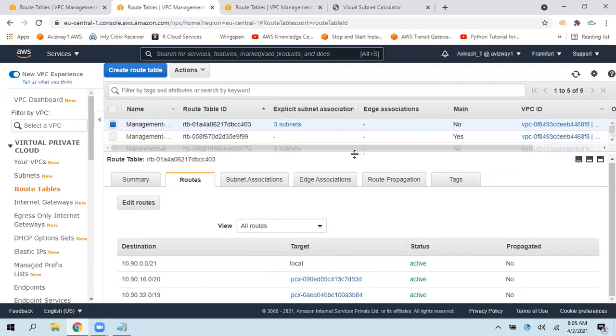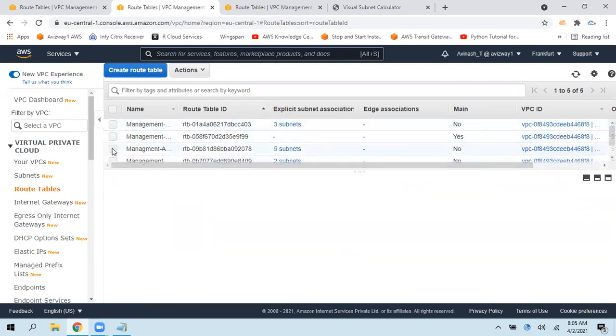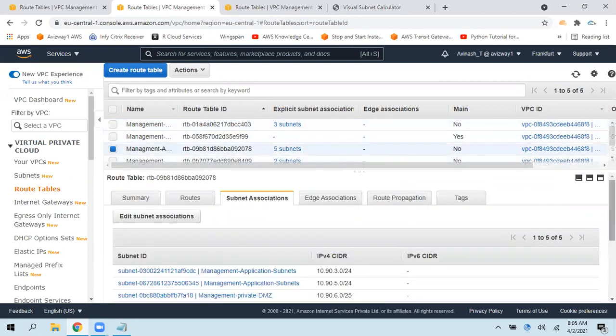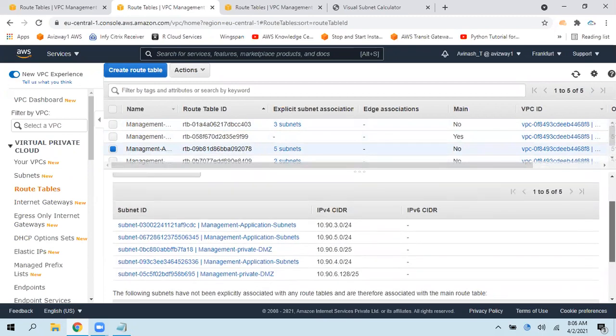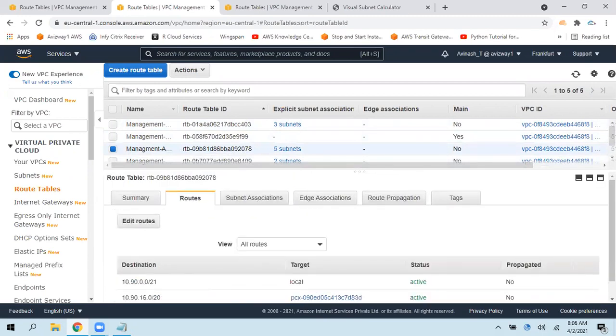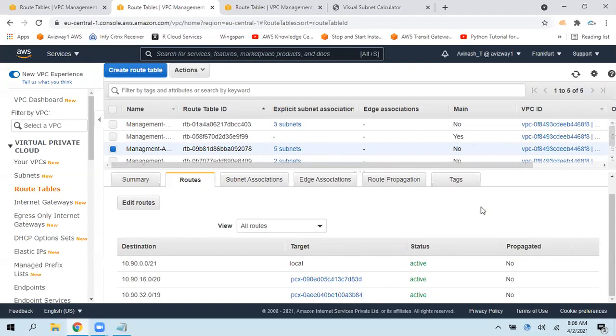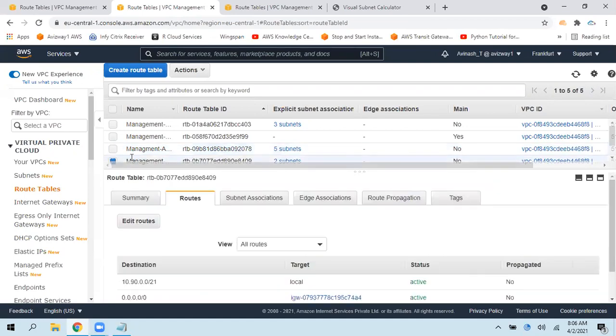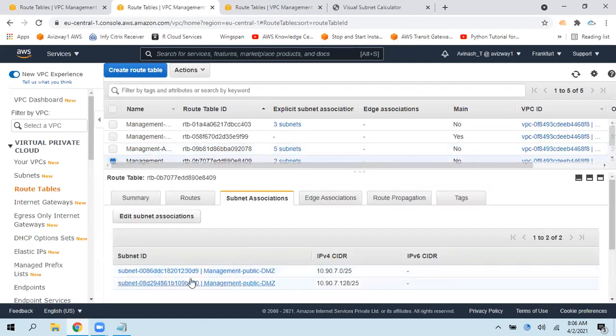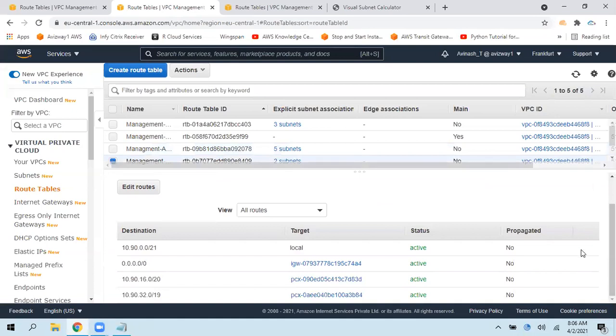No. Here I have 5 more subnets, and this is a route. Is it a public subnet? No. I have 2 more subnets here. Yeah, this one? Yes, this is public. It has a gateway, the internet gateway, IGW. Very simple logic.